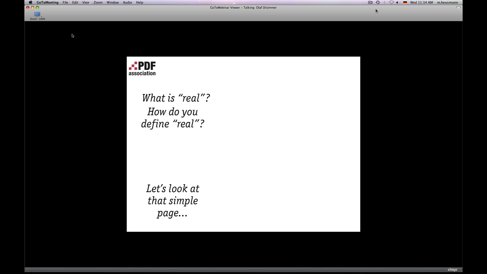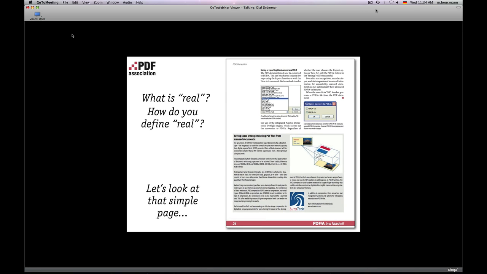Let's look at that simple page again. Well, I haven't shown you the simple page yet, but here it is. Wow, it looks kind of squished on my screen. It looks a little more normal there. So this is a page that Olaf sent me, and he suggested that maybe